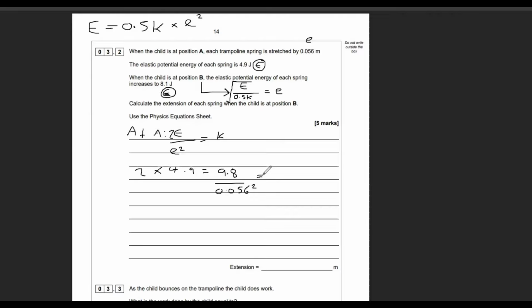So 9.8 divided by, and here's the tricky bit, 0.056 squared. I'm going to simplify it so that you can see, because you might find it hard to use the calculator. If you're finding it hard to get the right answer, you can do the 0.056 squared first. If you do that, you're going to get 0.003136. And then 9.8 divided by that answer, we're going to get